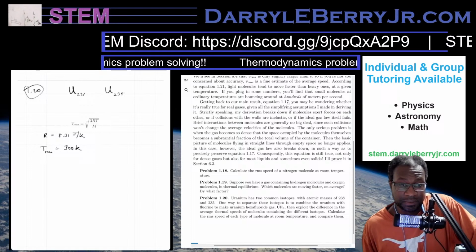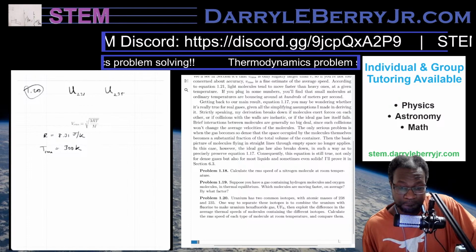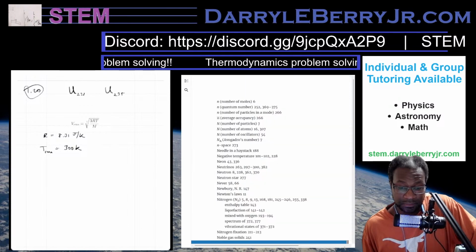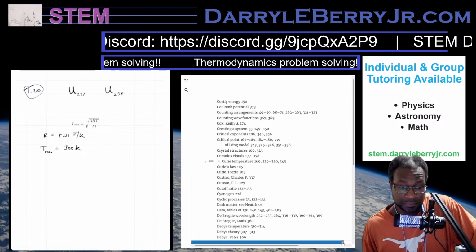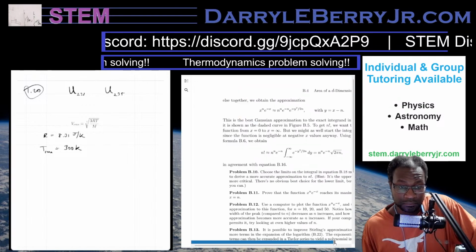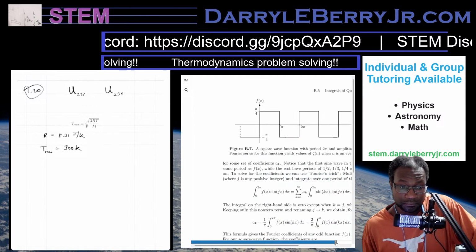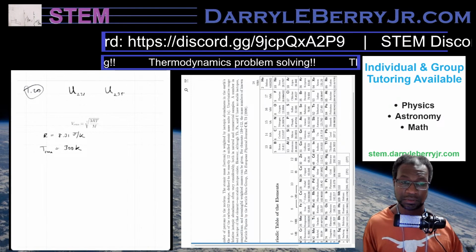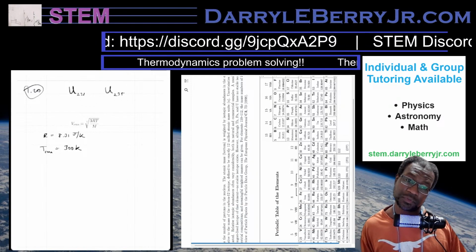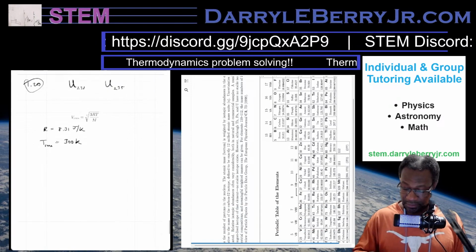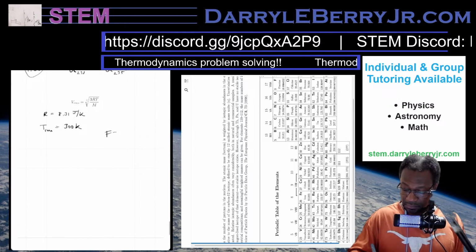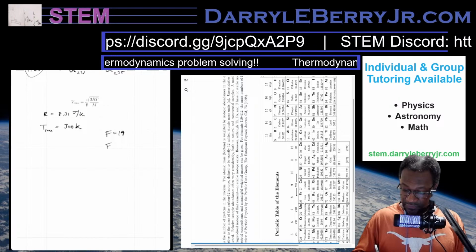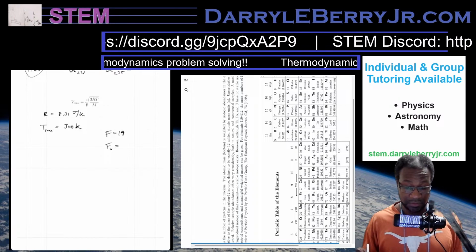So let's check the molecular mass. We're on page 19. All right. So fluorine is 19. Right. So F6 equals